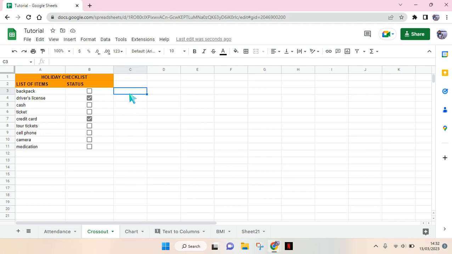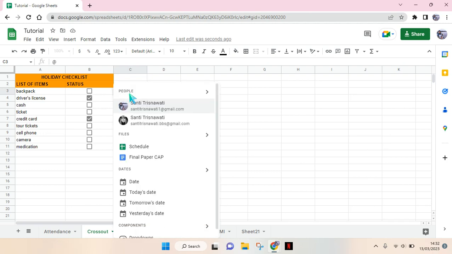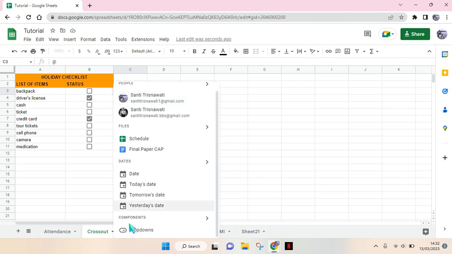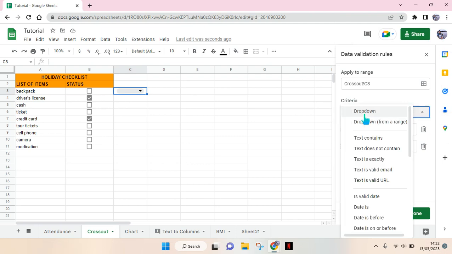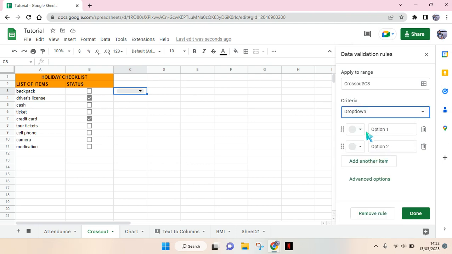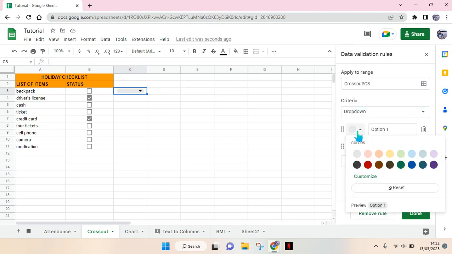and then just type in on add. Okay, this one, shift and then 2, and scroll down until you find the drop-down. So click on this, and there will be a data validation rules tab here on the right side. You don't need to change the criteria, just choose drop-down, and then